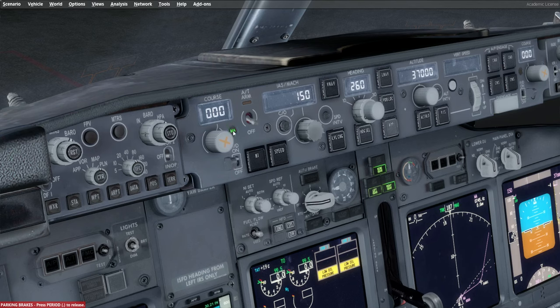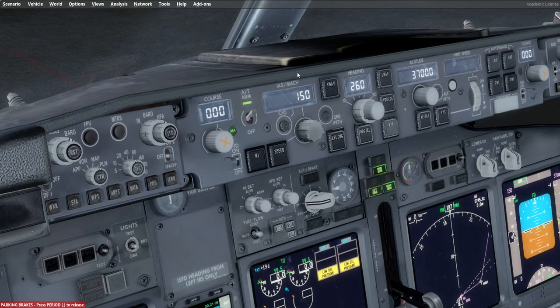And as you can see above it, you'll see this little light come on, MA, Master. Now we switch on the flight directors. You must switch both of them on. And that's the flight directors now operating. Next thing we're going to do is the auto throttle. This switch here, that needs to be switched on,